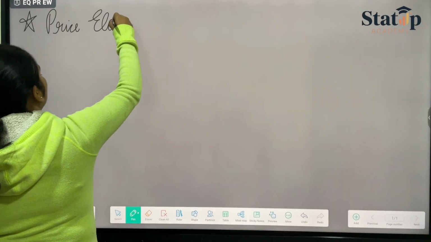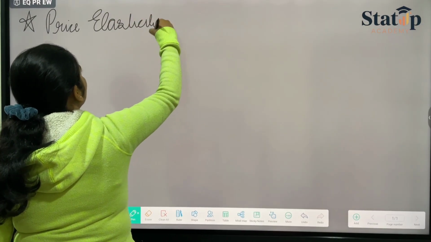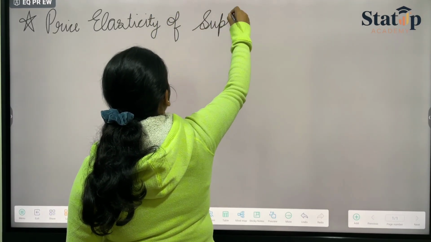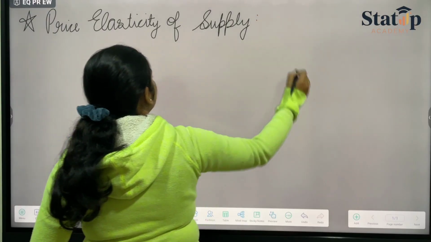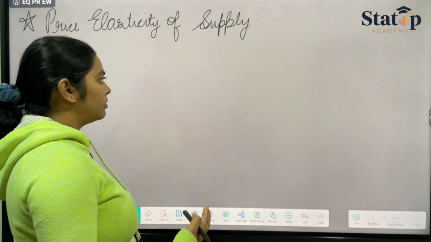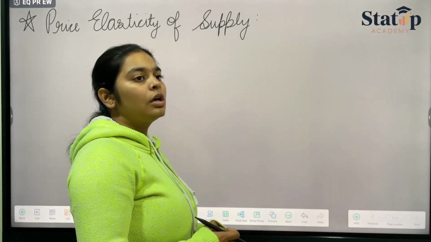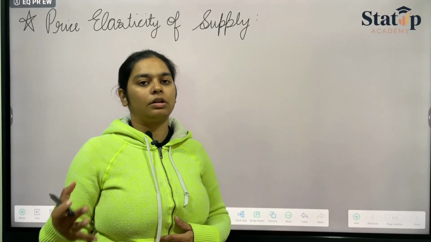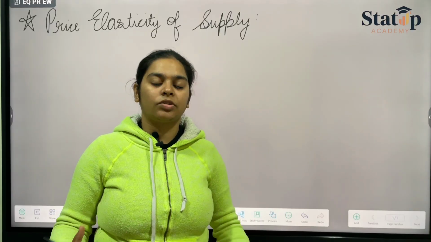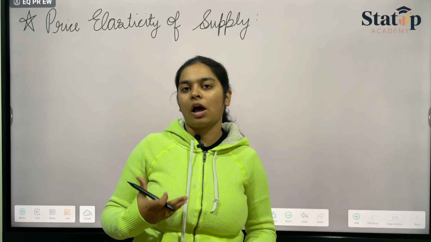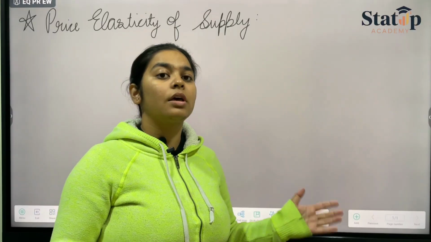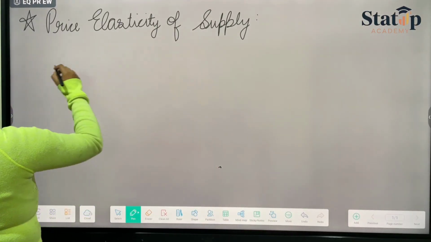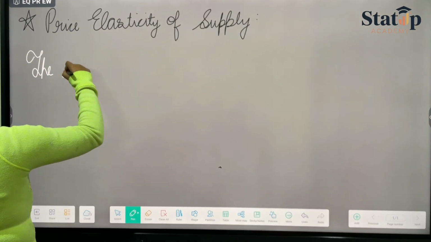Price elasticity of supply. What does price elasticity of supply mean? It means how much the supply increases or decreases when price increases or decreases, and how much it can stretch. Basically, elasticity means how much the supply can stretch when the price increases or decreases. That's the case. So the definition is the ratio